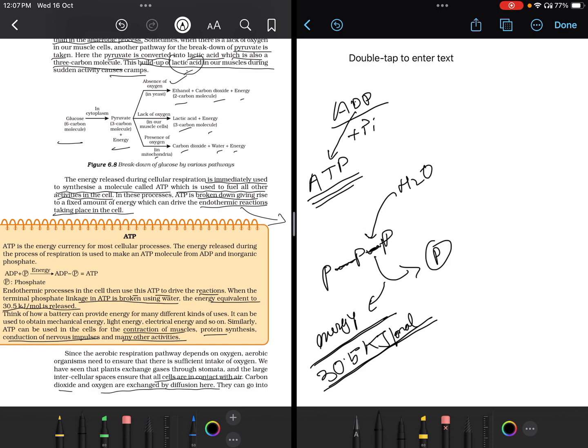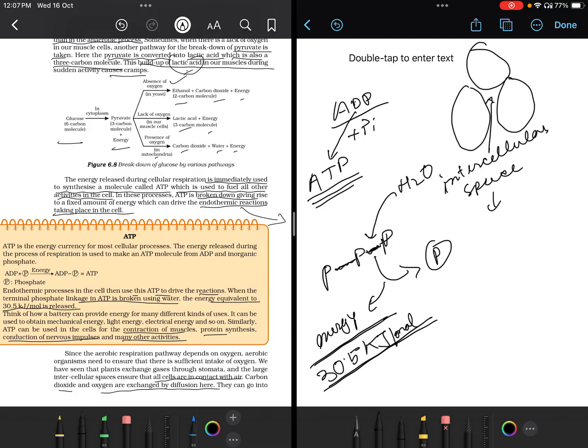So, in between the cells, there are intercellular spaces. So, if these are the cells, these are the intercellular spaces. This space is there to ensure sufficient air is present,